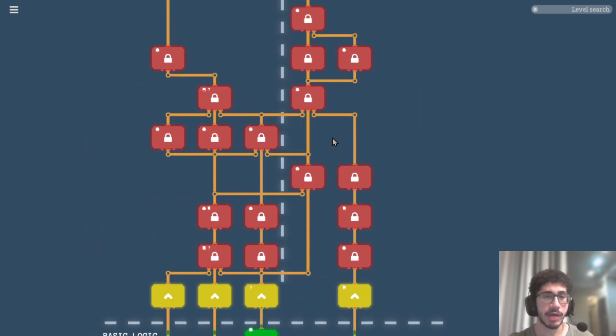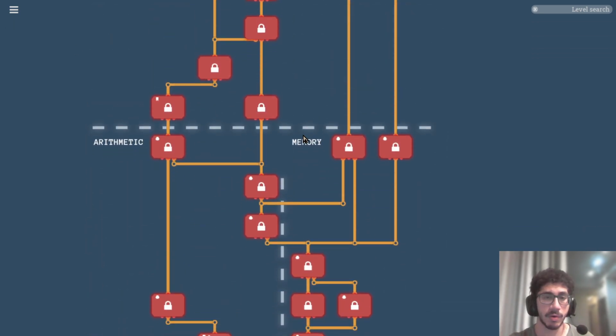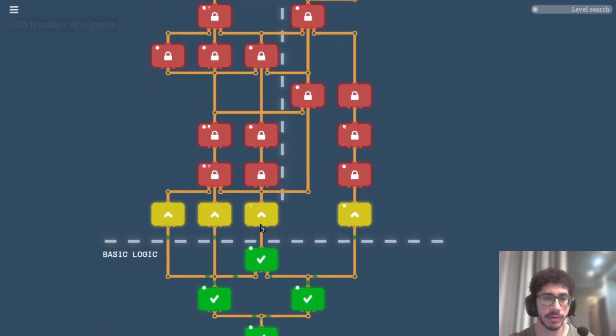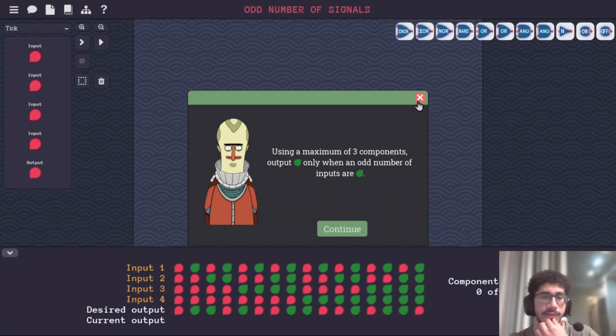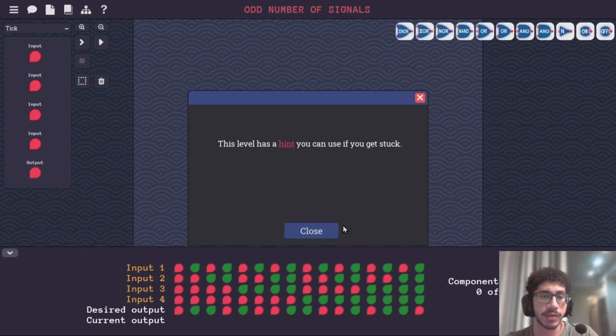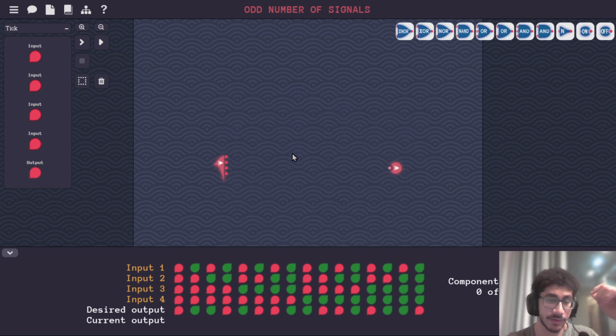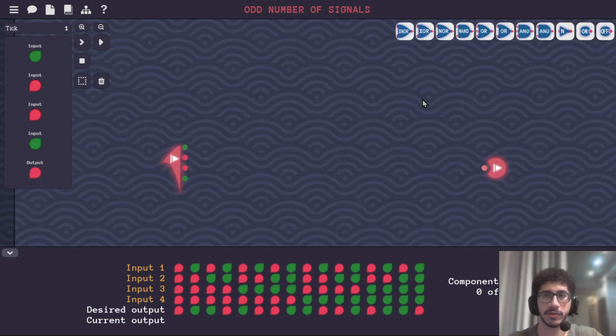Alright, so now we're going to be taking a look at the arithmetic or memory. I think we're going to go with arithmetic here and see what we can do. Alright, so using a maximum of 3 components, output positive or 1 only when an odd number of inputs are 1. So this might be a little bit confusing for you if you had not seen the last video or if you don't know any binary or logic gates. But if you do, or if you have seen the last video, then you should be right on track with us. Alright, so the recording cut out real quick,